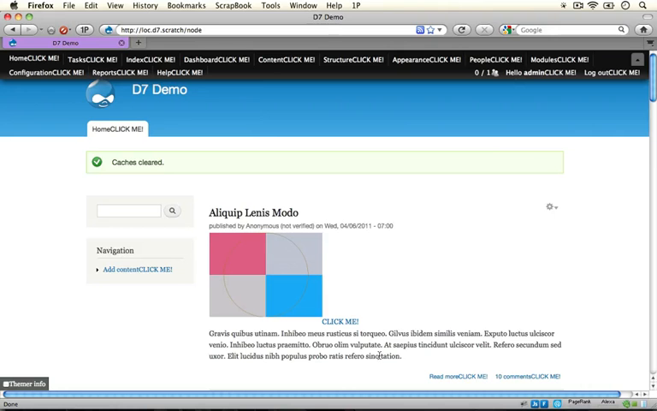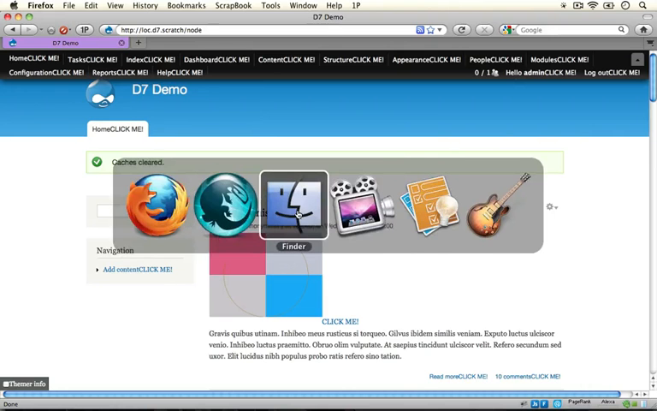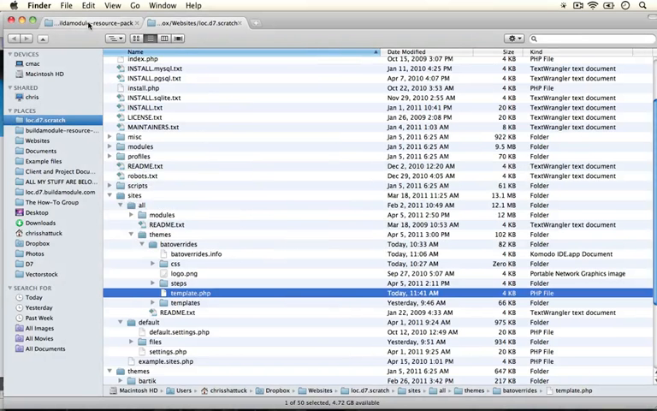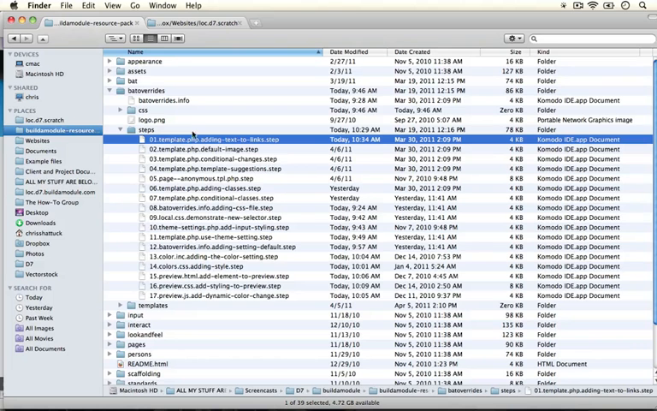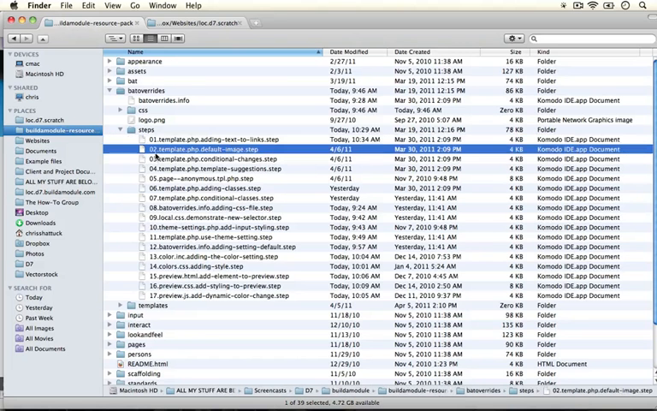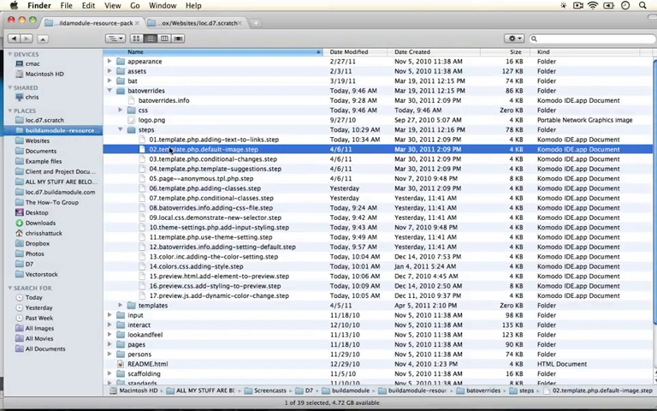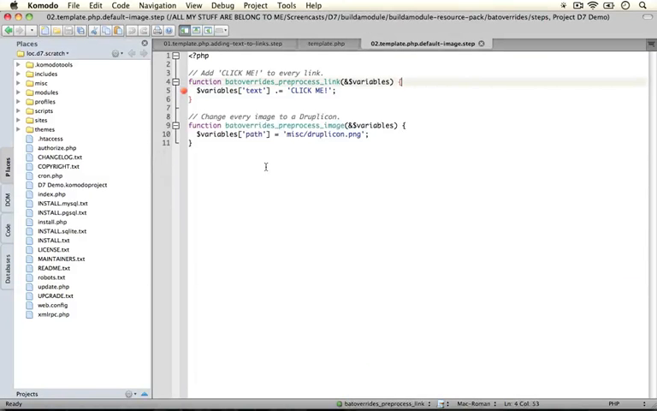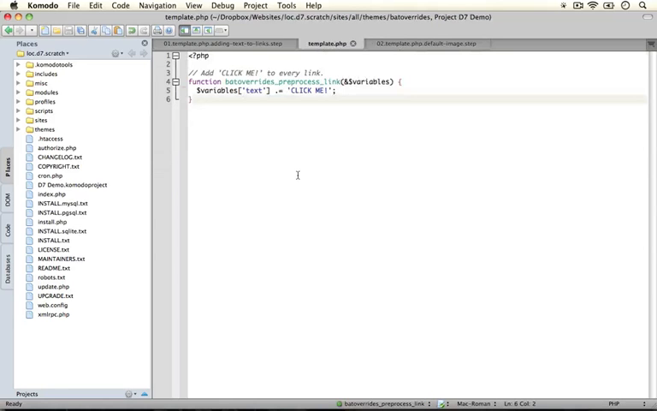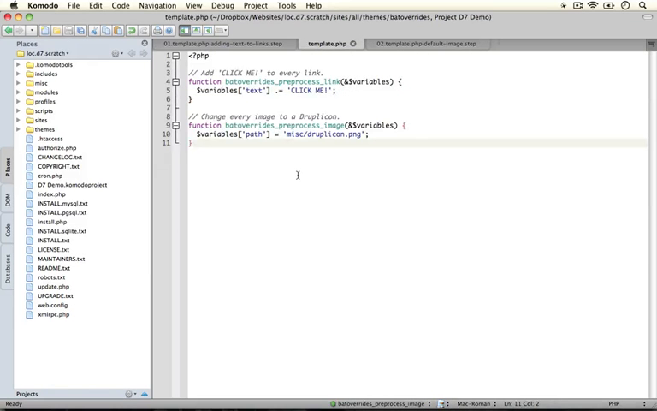Okay, let's take a look at one more example. I'm going to jump back to the resource pack directory and open up the second step, which is called template.php default image. And what we're going to do here is change the image that's used when image files are themed. Okay, copy the entire code and paste it over the code that's currently in your template.php file